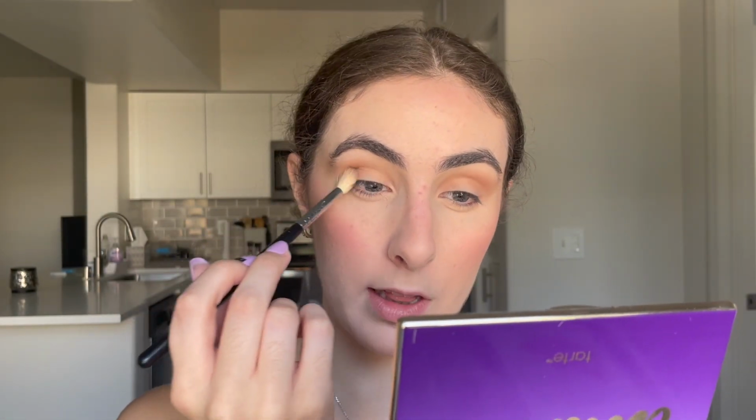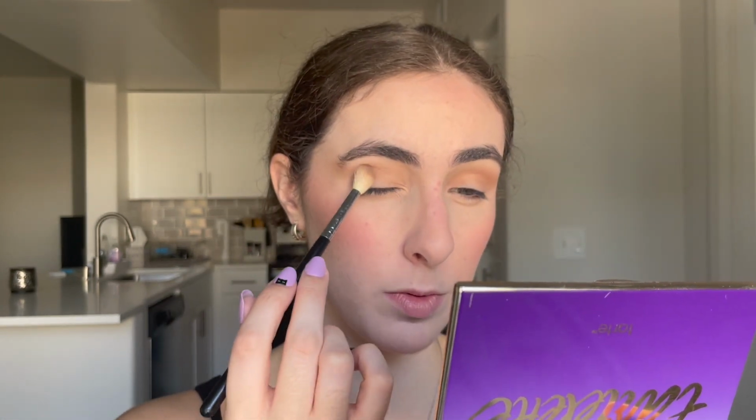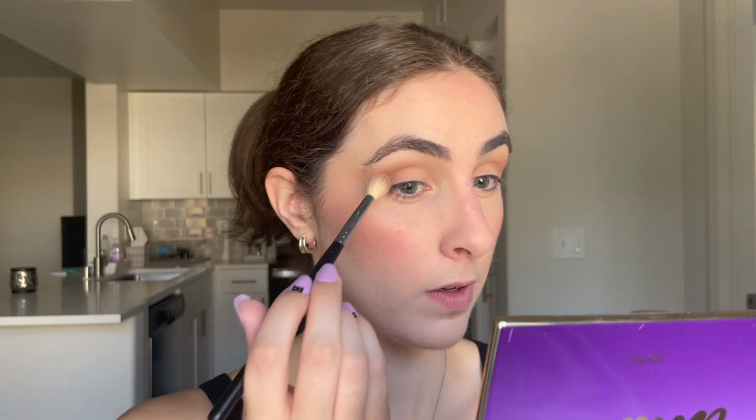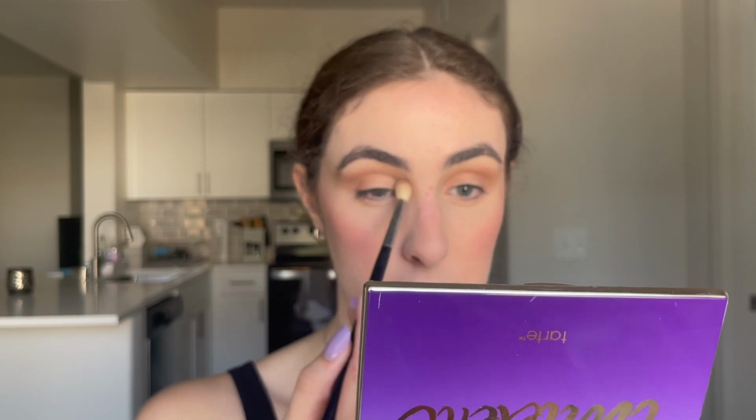And then I'm gonna take more of that Power Play color, the gray, and then just really build it up in that outer corner of the lid. Just with the same brush, no need to switch brushes. Okay, and then in the same palette, I'm gonna take the shade Natural Beauty right here on the same brush. I'm not cleaning it off because all the colors just melt together. And then I'm gonna take this purpley shade and just blend everything together with this color, just all over,